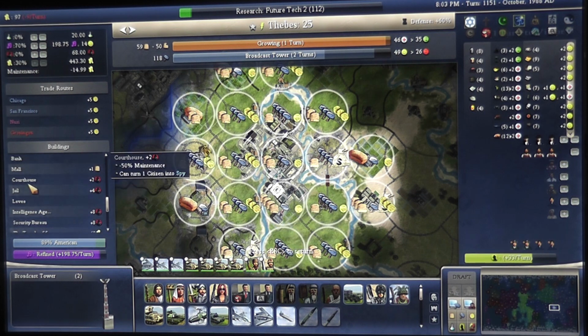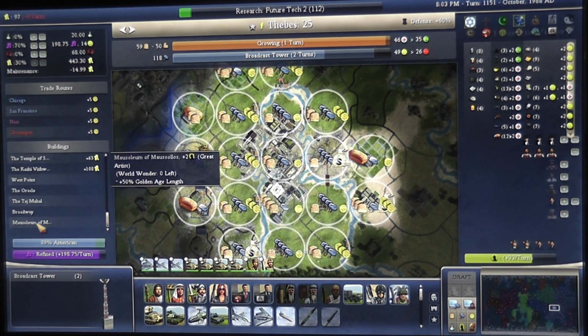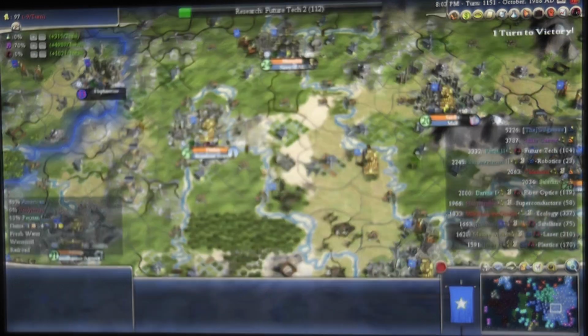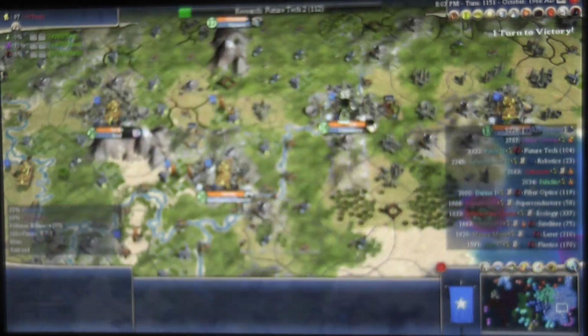Yeah, I built a courthouse here, and that's still maintenance of -14, because corporation payments are 24. It's just an insane amount of stuff that was built here. Oracle was built here. Taj Mahal. I built West Point. Broadway. Mausoleum, Mausoleum. Egypt got to such a good start before I took advantage, and Persia was right round